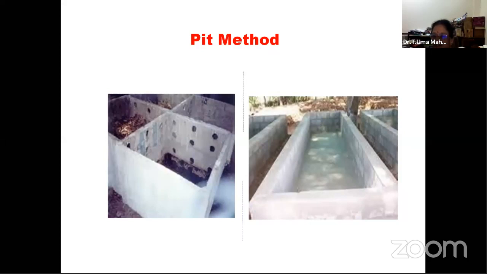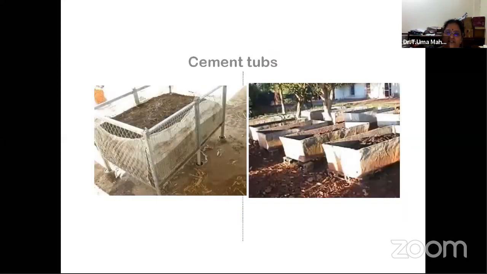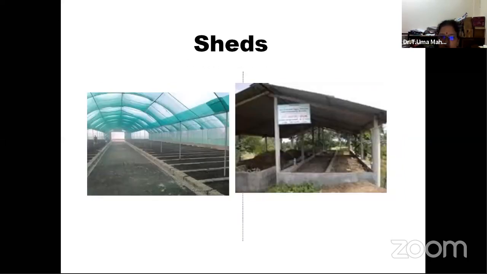On the ground, we can have such type of cement pits or cement tubs which will create a pit-like condition, and we can go for the production of vermicompost. Just now I told you we can have the cement tubs, or with nylon structures also we can create the structures and we can use the material. Or if you are somewhat economically okay, then you can go for a construction of a shed, where you can form a shed with a polythene cover without any water leakage, or with asbestos sheets or anything.